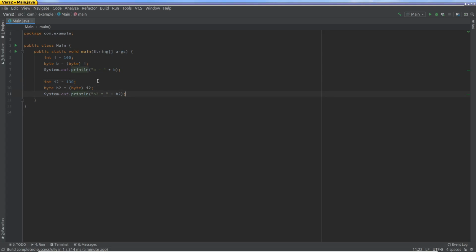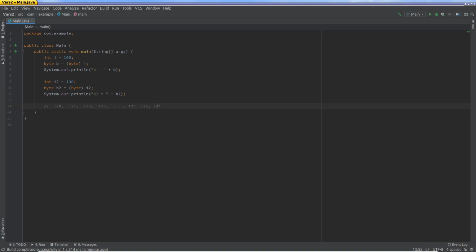But the way I like to look at it is, I'll draw this out a little bit. If you look at the integers of a byte on a number line, you see -128, -127, -126, -125, and so on, up to 125, 126, 127.